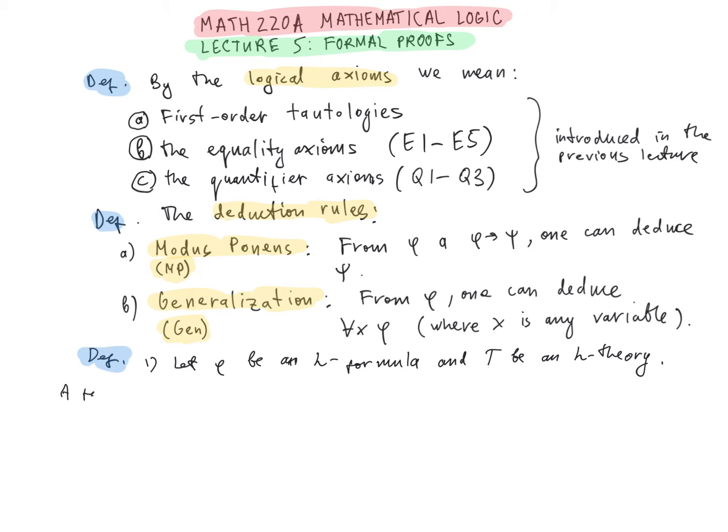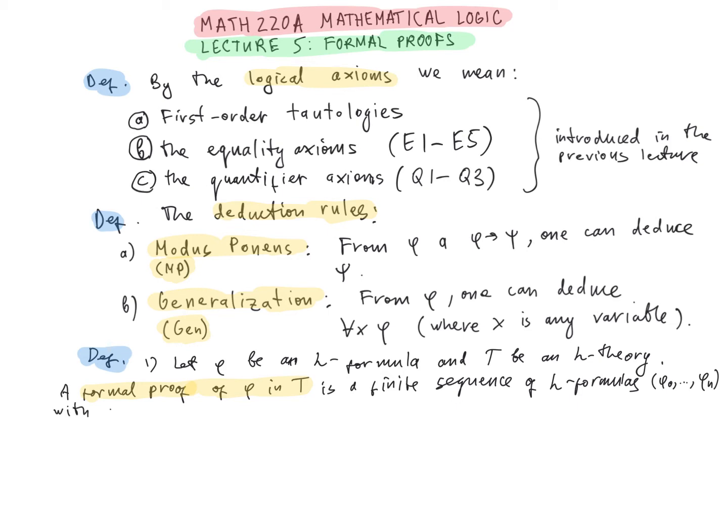Then a formal proof of the formula phi in T or from T is a finite sequence of L formulas phi 0, phi 1, etc. through phi n for some natural number n, so that the last formula in this sequence, phi n, is equal to phi,